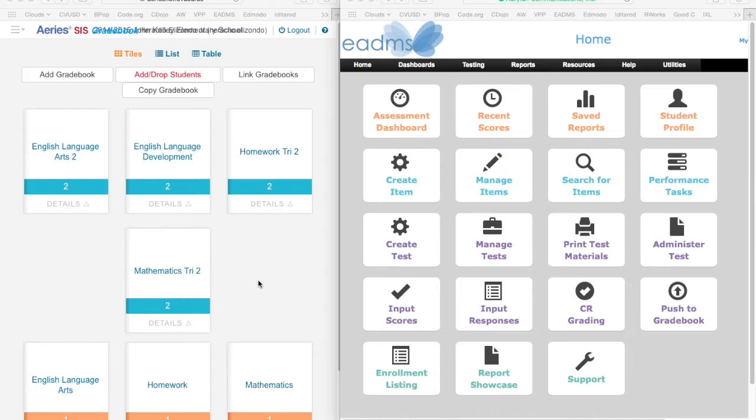The first thing I'm going to do is go over to my gradebook. I'm going to log into EADMS, right? Then log into EADMS, and on your dashboard you will have these options here. You have your assessment board, recent scores, saved reports, and so on and so forth, all the way down to a little button that says push to gradebook. So I'm going to go ahead and tap on that,